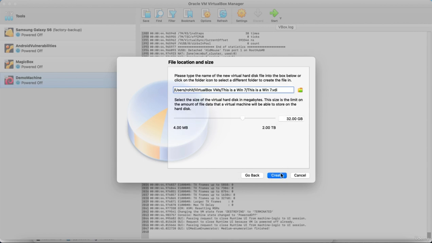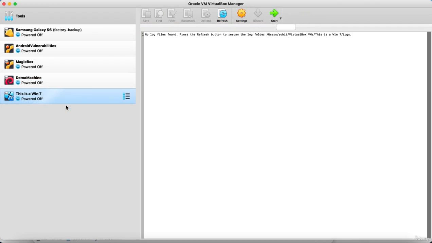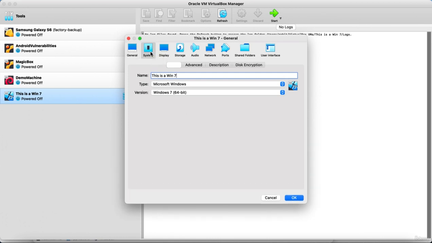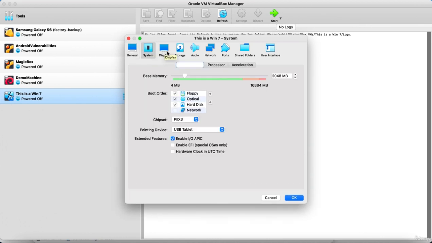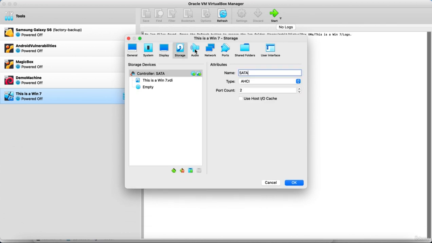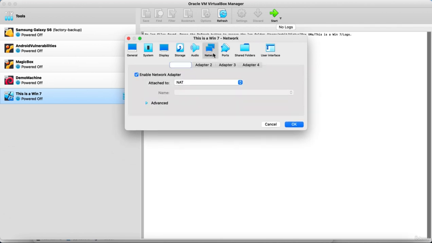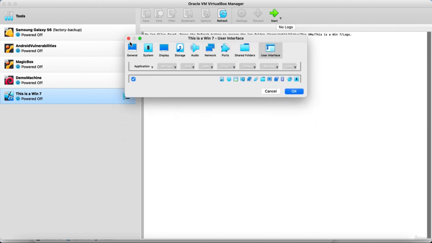Here you can see it is going to save this into a directory which is VirtualBox VMs, and this is done. And you can see we have successfully created a virtual machine. Now you should have an ISO file downloaded which you can provide to this machine setup that we have just created, and it will start the installation process. Here we can see some general settings wherein we can see the system. If you need to modify any settings, you can do it from here: display, storage, audio, network, ports, shared folders, user interface, etc. Here you can provide the CD or the ISO file which will be required to set up your Windows 7